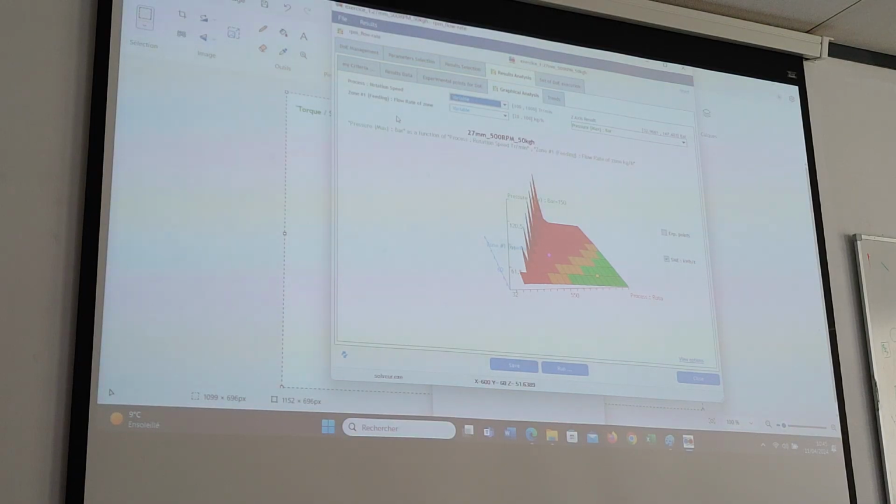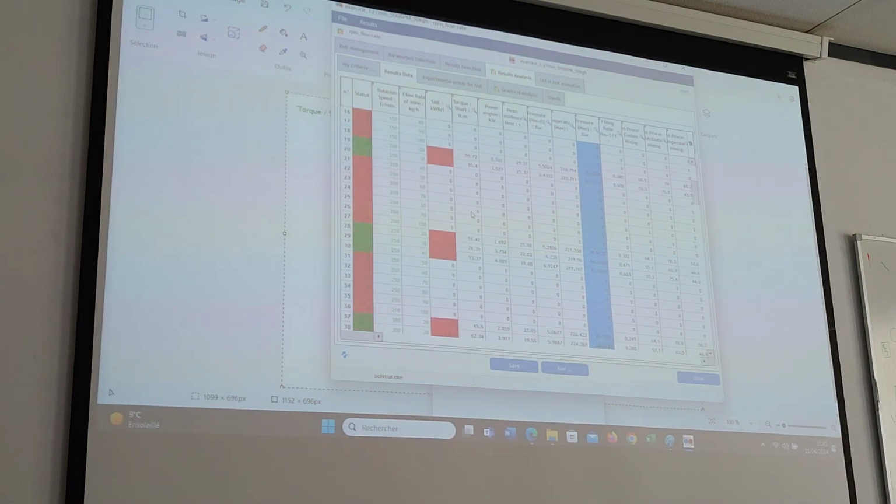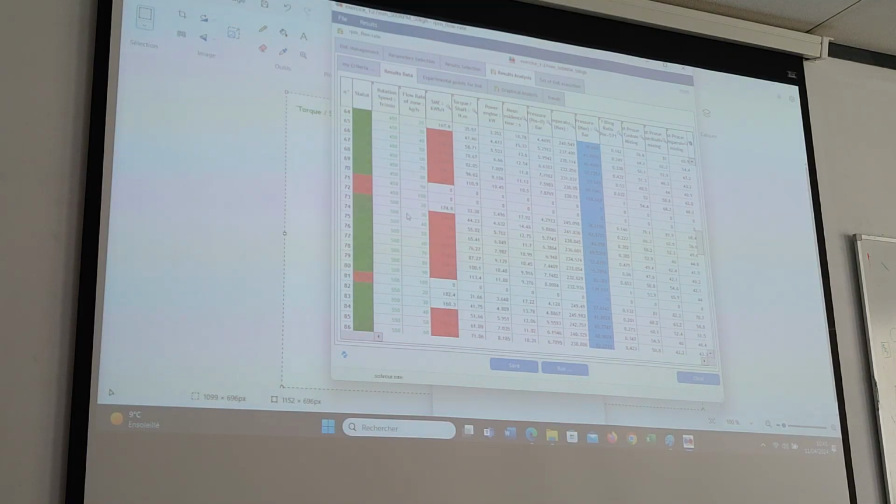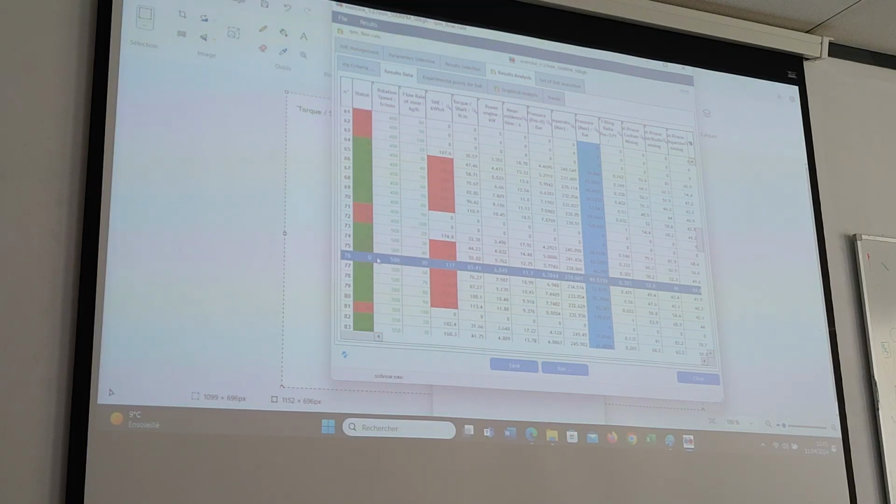So in the results data, the simulations that fulfill our criteria are the ones with 0. No, it's not. Not all. I think some with 0 are not right. Here you can see simulation 75 has the 0 for the status, but the 0 means it did converge. Doesn't mean it's okay for our criteria. So you got a result, but the SME is too low, so it appears in red.